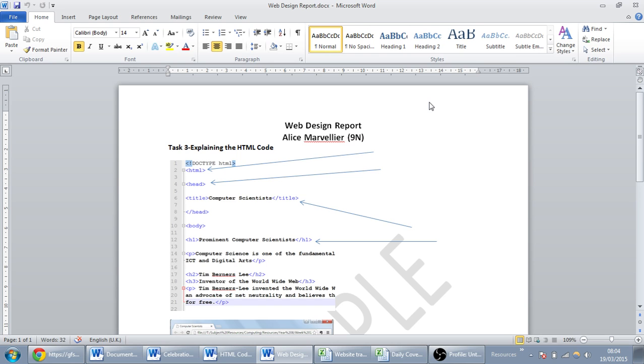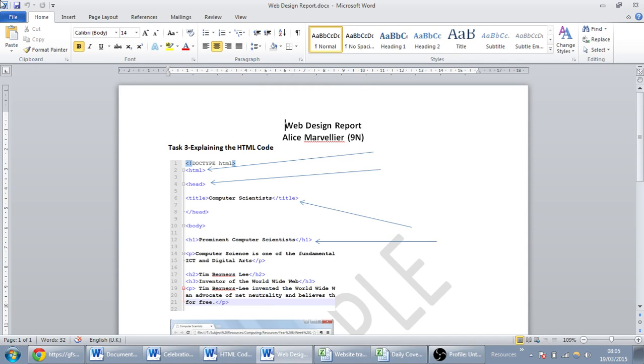I'm currently interviewing computing candidates downstairs, but I'm going to talk you through the focus of today's lesson. It's your last assessment lesson. Most of you have built really convincing websites with extra computer scientists and pictures in already. Some of you have added colour and fonts, and some of you have started your web report. The focus for today's lesson has to be this web design report, because this is where a lot of marks